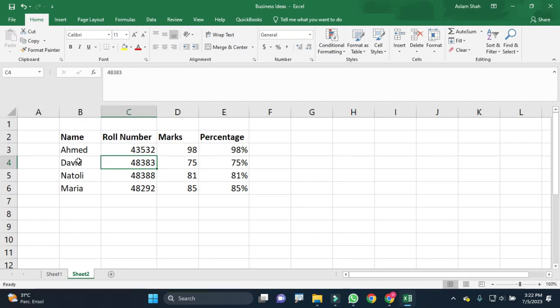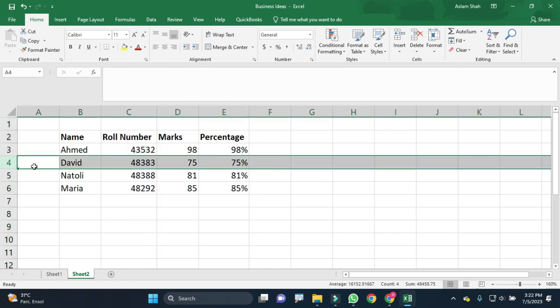Hello, today I will show you how to insert a row or a column in an Excel sheet. So let's get started. If I want to insert a row below this